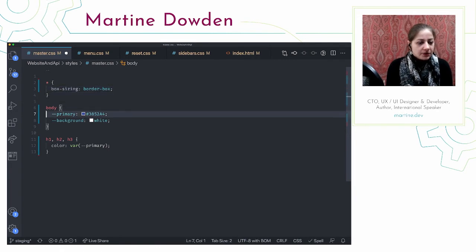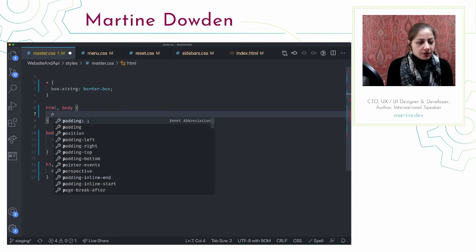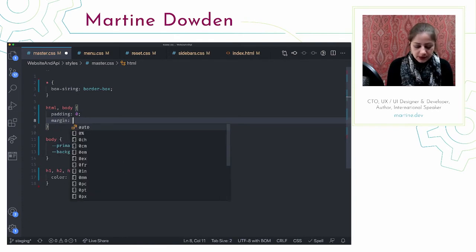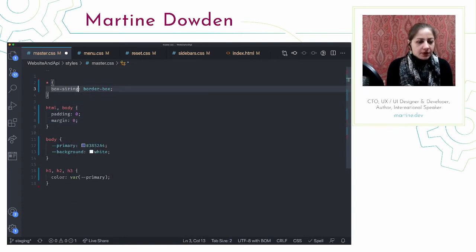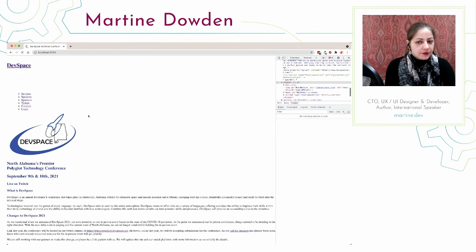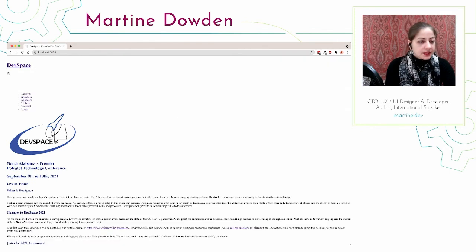The other thing I'm going to do is go ahead and get rid of any margin or padding that currently exists by default on the browser. So we're going to say our body and our HTML, we're going to go ahead and get rid of our padding and margin. So we're going to say padding 0, margin 0. The other thing we want to do, so at this point, if I save this and I go back to our trusty website over here, I'm going to close this up. There we go. Now we're nice and against the edge. We're starting to look good.